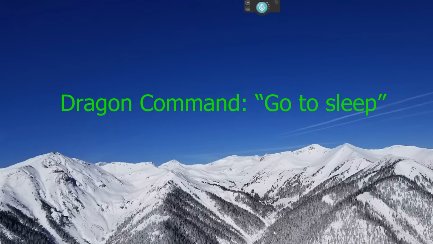So what I demonstrated there was go to sleep, which you should do anytime you're done commanding and done dictating. It's a pretty good habit to get into, whenever you finish work, even briefly, you get up or you talk to a neighbor, just say go to sleep so that the microphone doesn't open up that window like you saw and start doing funny things.